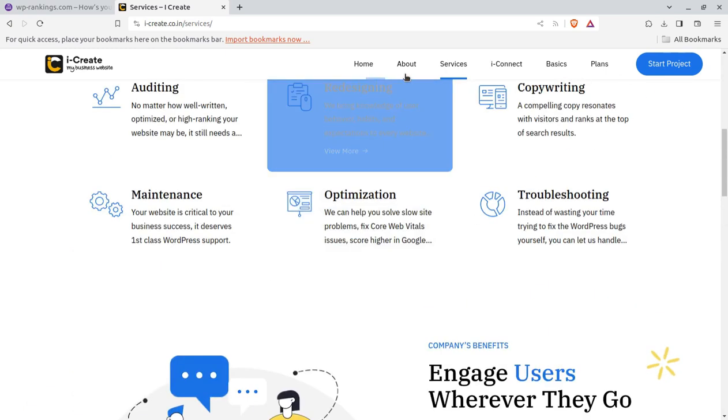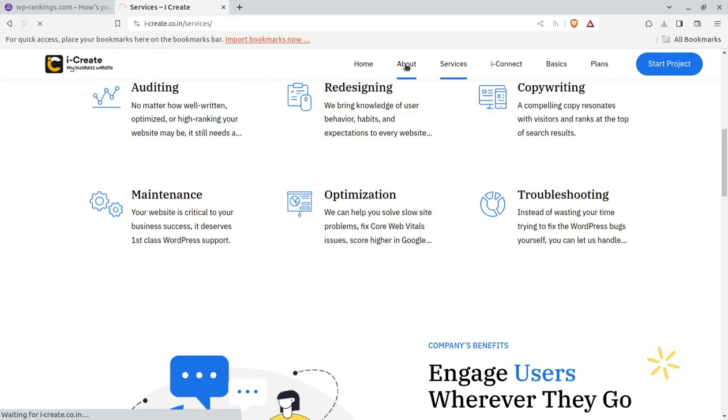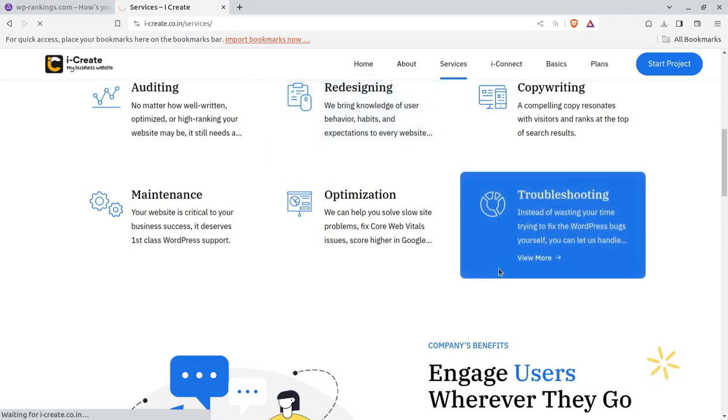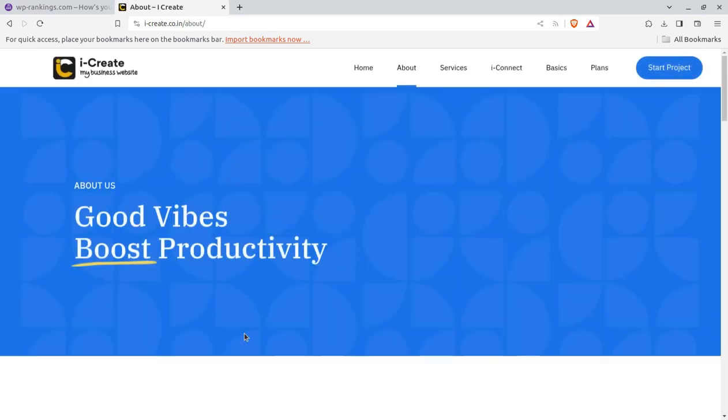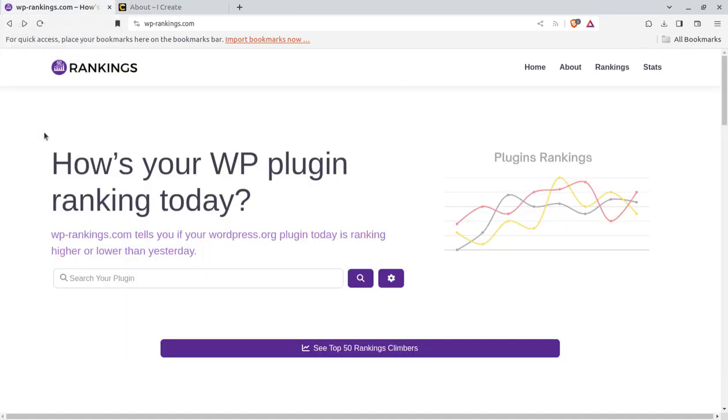So how will you decide which plugin is good for your WordPress website, or which plugin can even hamper your website? In this video, I'm going to show you a solution where you can find which plugin is going to be perfect for your website. And this is a website, in fact, where you can find all the great WordPress plugins, and you can find the rankings